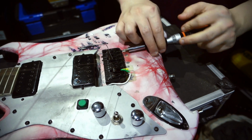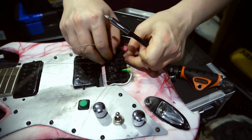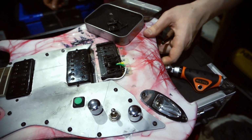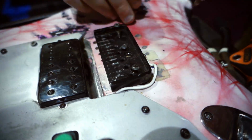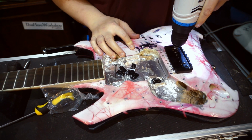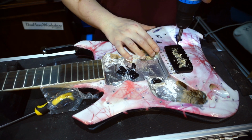Now the bridge was a lot more trial and error than I thought, though I love the fact that the screws were on either side of the bridge, making adjustments easy and convenient, not having to take up the strings or take the bridge apart to move them around like with others. I also put some new string holes, and I made sure that they were wide enough for the strings not to get caught like the previous one I've done, and that the sides were somewhat smoothed down as well to